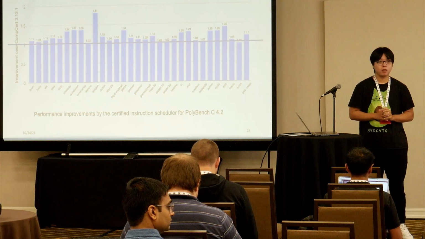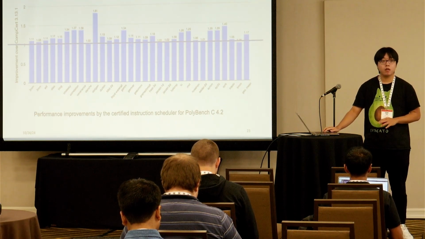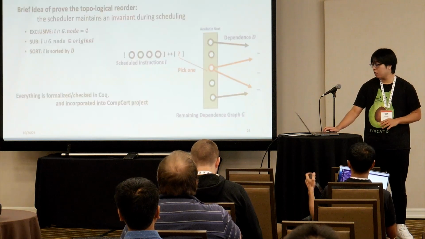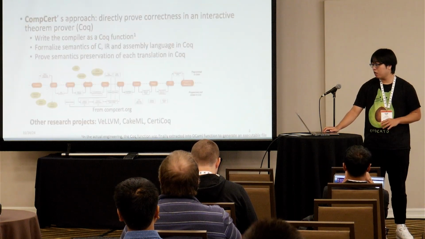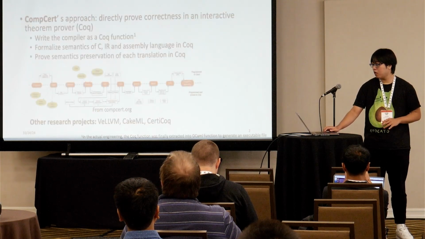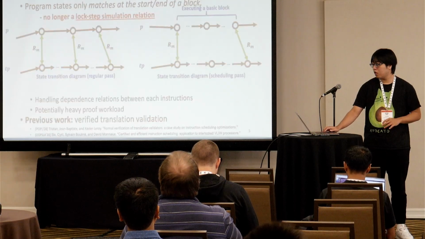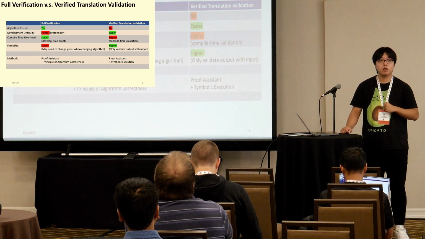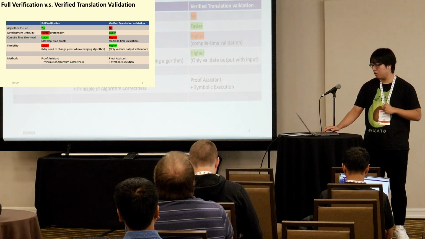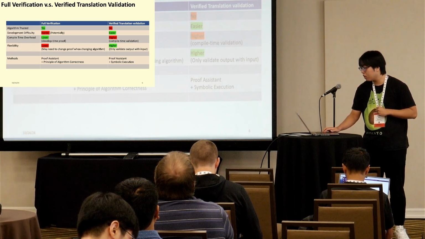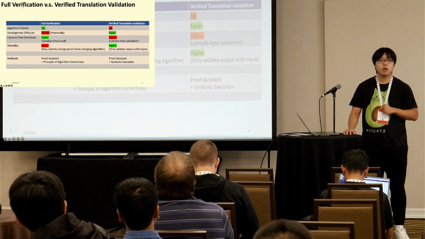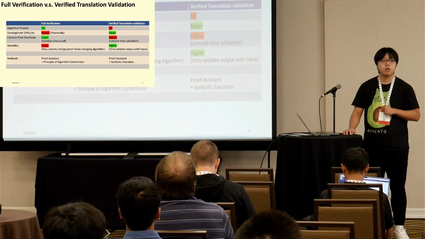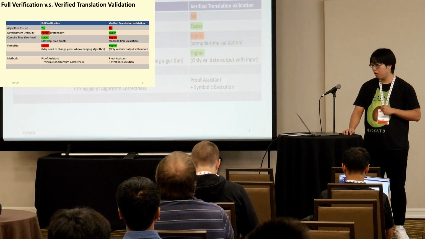Thanks, great talk. One of the first slides had a comparison between this work and the full translation validation. I think it was the second slide. There we go. I think there's a row there where they're talking about the performance of both, and I'm ready to believe that an extracted OCaml function is faster than asking an external instruction scheduler to do something. But do you have any sense for what the delta is in that third row? The overhead? Yeah, you're saying the verified translation validation takes more time to compile. I'm curious if you have any sense for what the actual difference is.